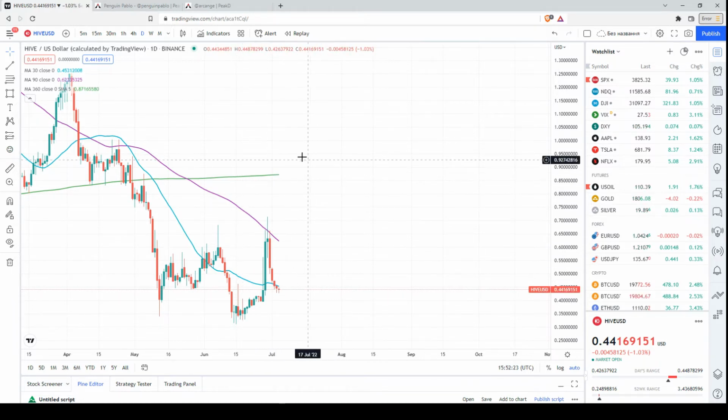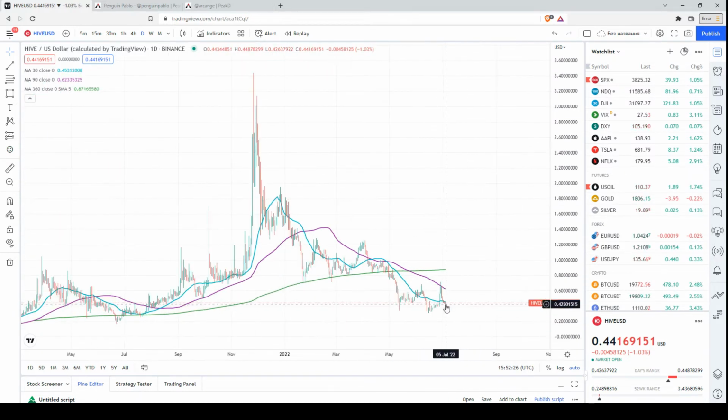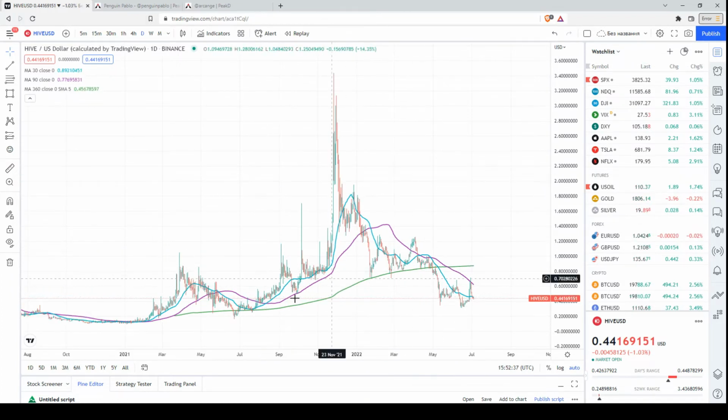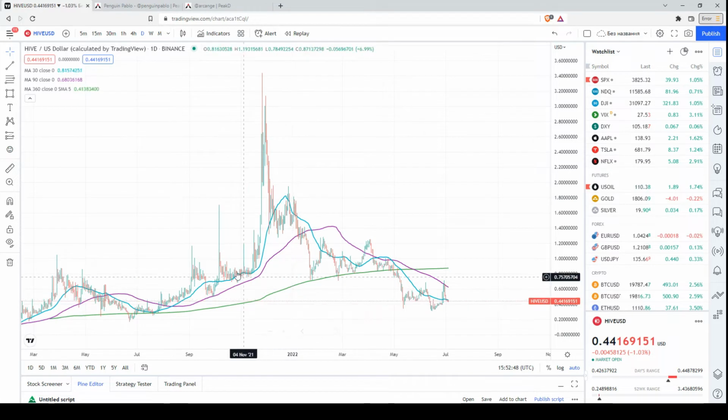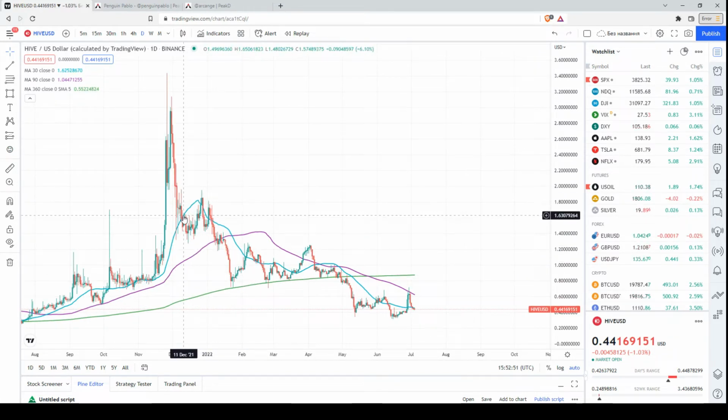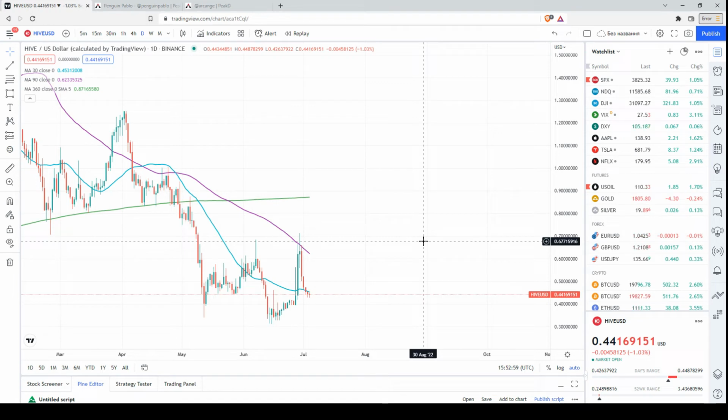Unfortunately, we have this bearish distribution of these moving averages, because at the bottom is the 30-day, then is the 90-day moving average, and then is the 1 year moving average, and the price seems to be below all three moving averages. We don't have this bullish sentiment that used to be here when the price was above all these three moving averages, and when these moving averages had this bullish distribution, when at the top we had the 30-day moving average, in the middle we had the 90-day moving average, and then the 1 year moving average. So I want to underline that we don't have something really bullish here,